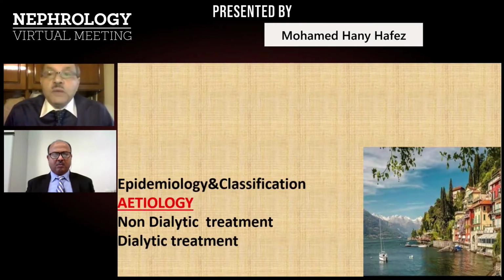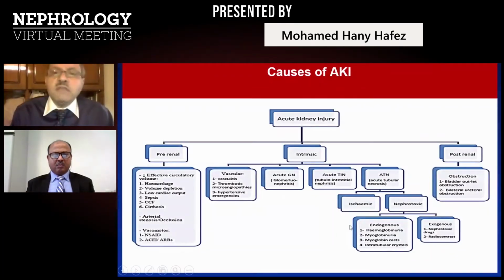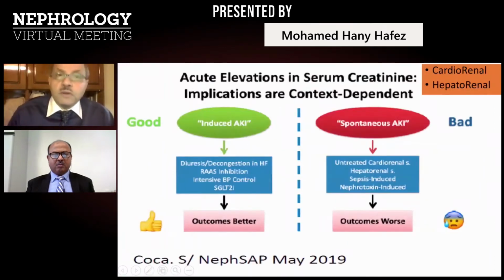And therefore, we will try to dig now into the etiology in our developing world. Do you think that acute kidney injury will be different from what we see in the textbooks? Pre-renal, intrinsic, or post-renal? Basically, it is not. It is almost the same mechanisms: acute GN, acute tubulointerstitial nephritis, tubular necrosis, ischemic or nephrotoxic, and post-renal. Basically, it is the same skeleton. But we will focus on some important points.